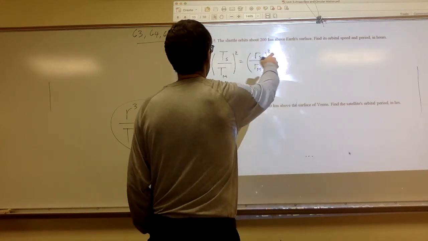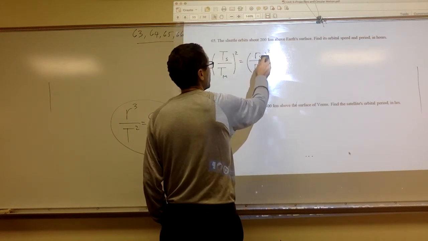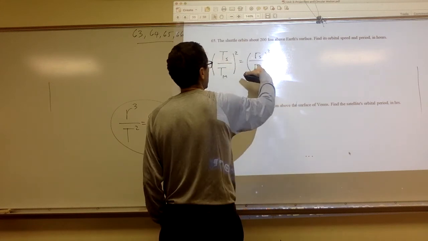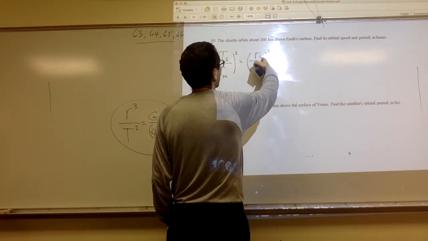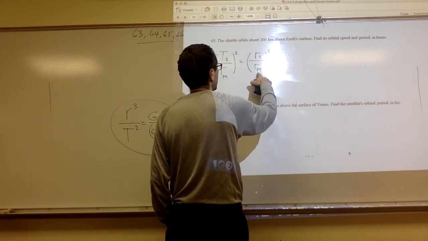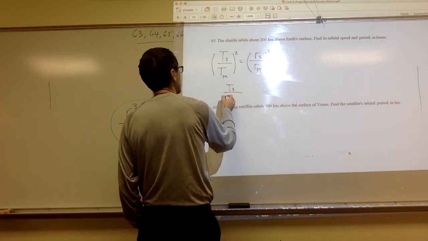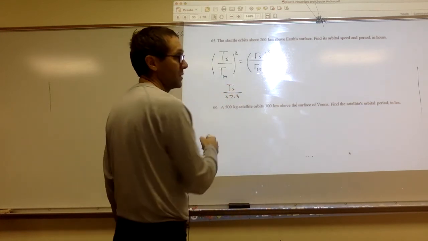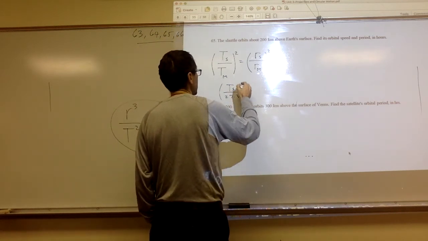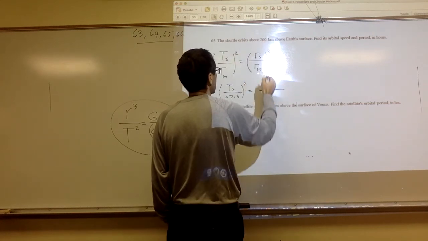Find its orbital speed. So this is the shuttle, this is the moon. So at this time we're looking for T, right? And we have the radius of the orbit of the shuttle. We have the radius of the orbit of the moon. So this is going to be T_S over 27.3. Now keep in mind that we're finding this in days because this is a lunar month, 27.3 days. Squared equals,